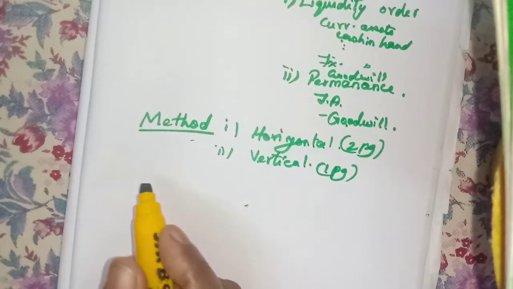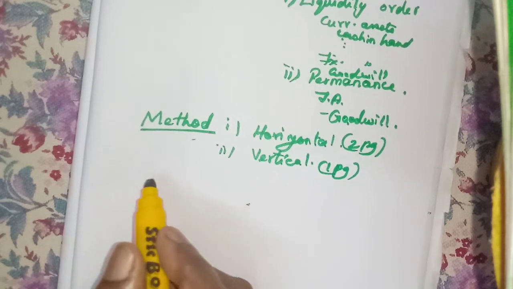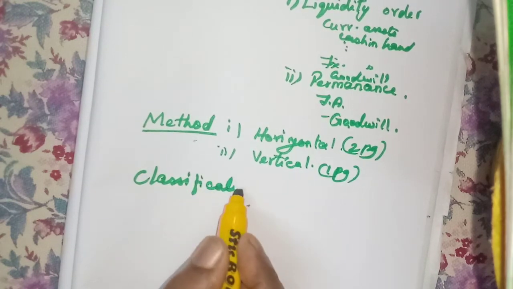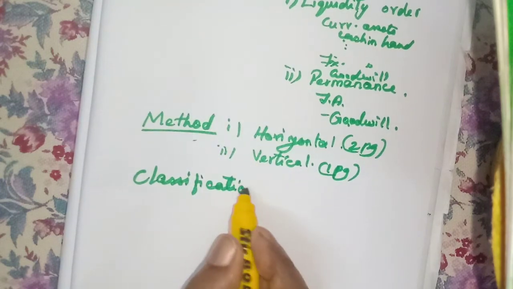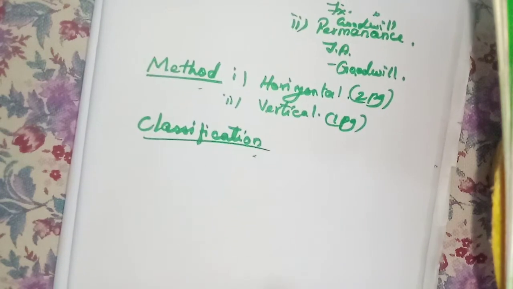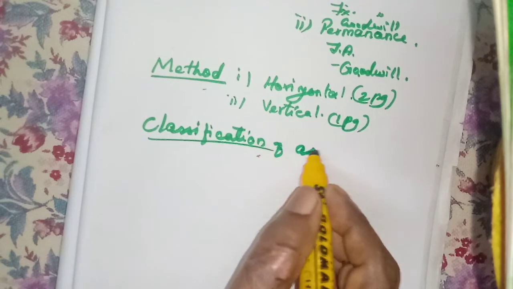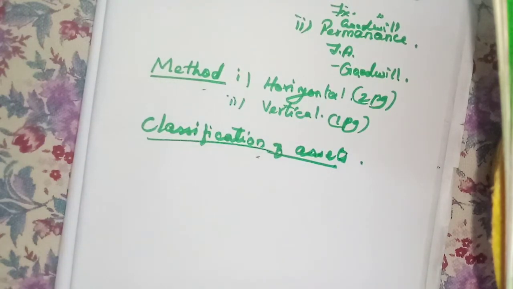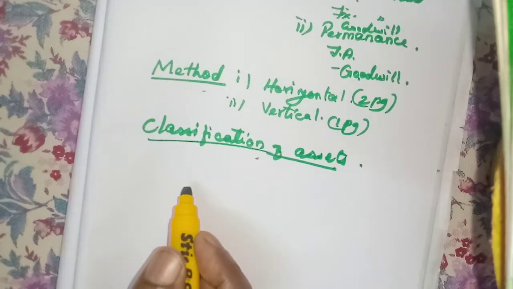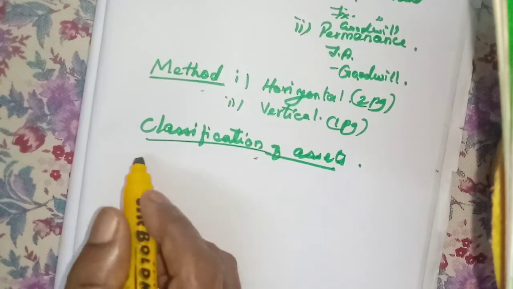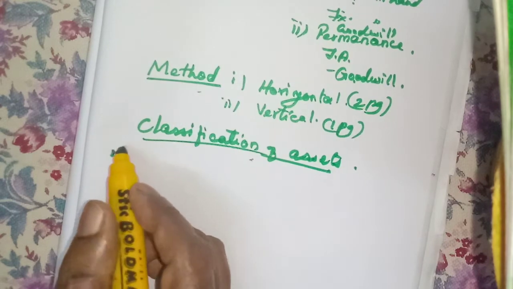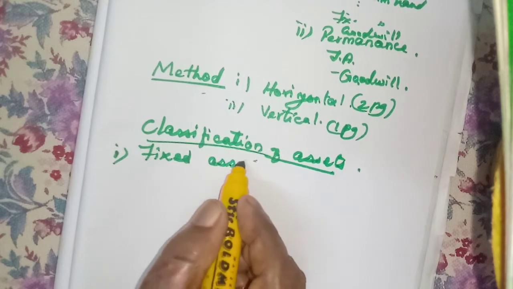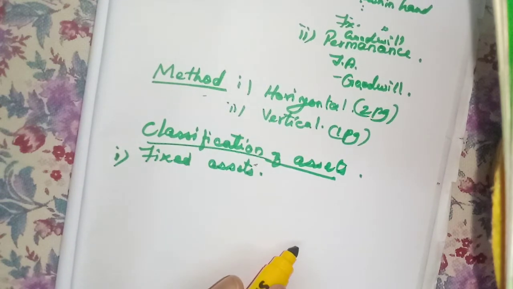So now we will learn the classification of assets and liabilities. We know that fixed assets we have learned, and that is what we are going to learn. First one, classification of assets. You have to do three problems also. So I am saying once, you should try to understand. Be attentive. The first one, fixed assets. Already we have learned, and I might have explained many times, isn't it?